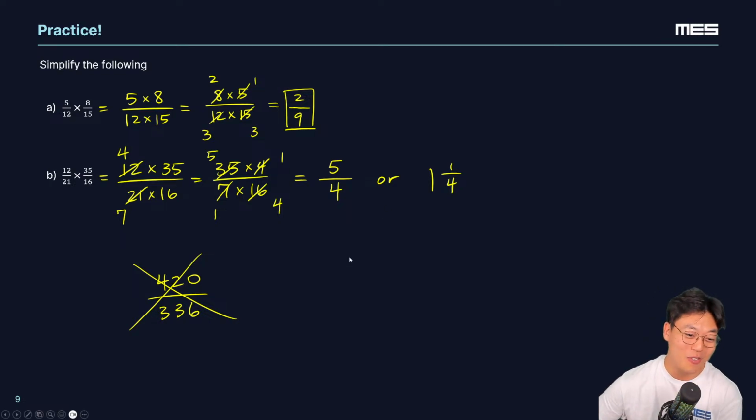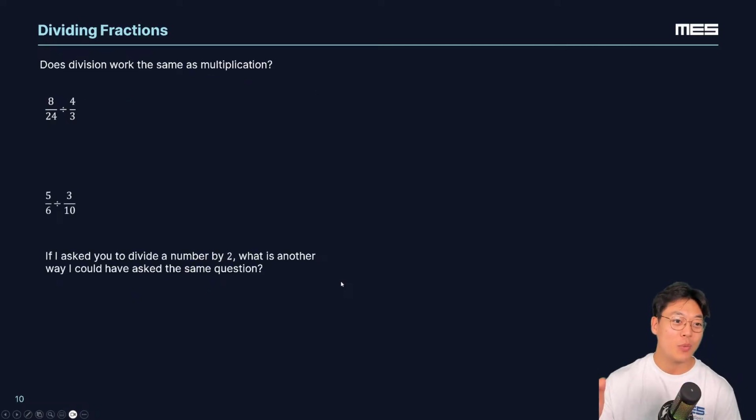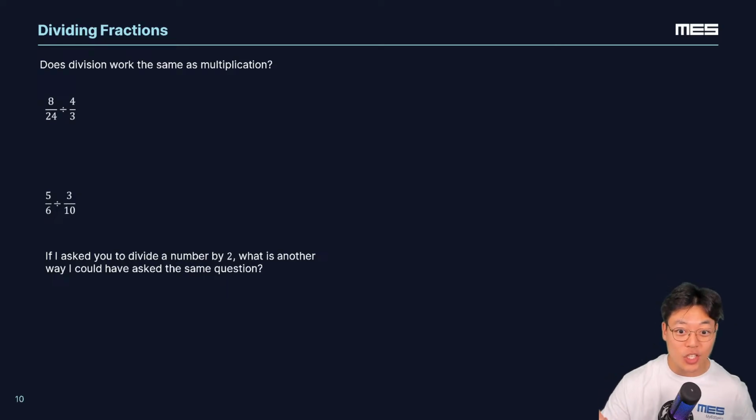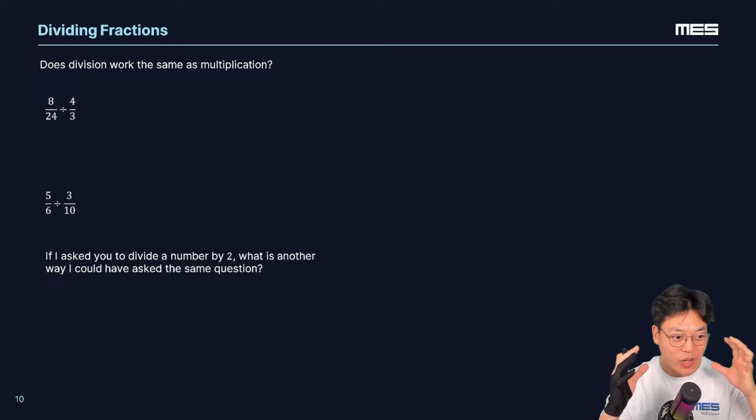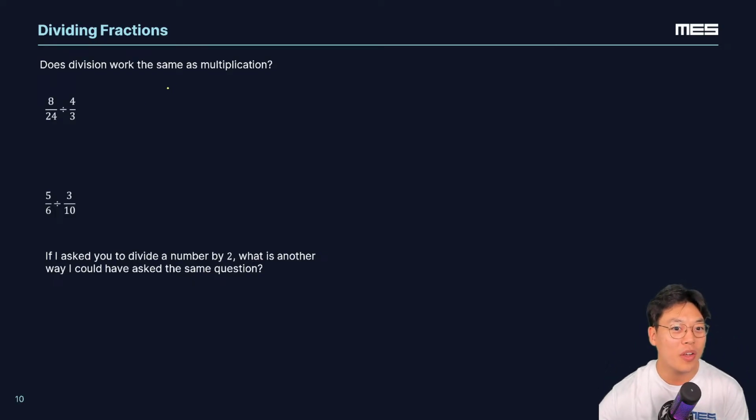Right, 420 over 336. So there are going to be a lot more steps than we just did, right? We might need a calculator as well. So that's why we're learning it this way. Hopefully you're learning something new today. Now, we just talked about multiplying, so we have to talk about dividing as well, because multiplication and division are inverses, and it's always great to group them together so that we can put it in the same category in our brains. Does division work the same as multiplication? Well, let's try it out.